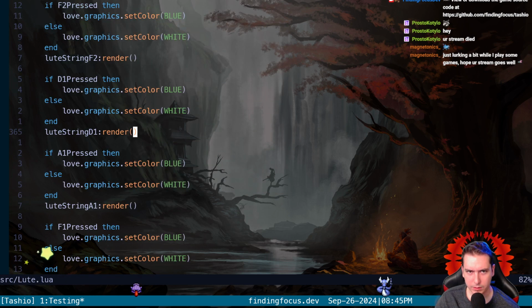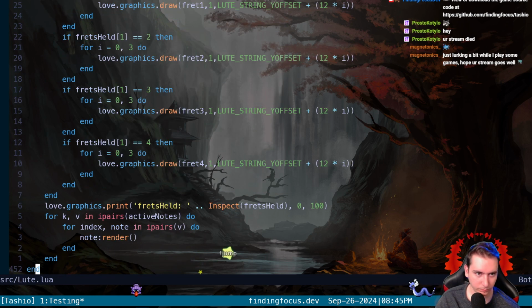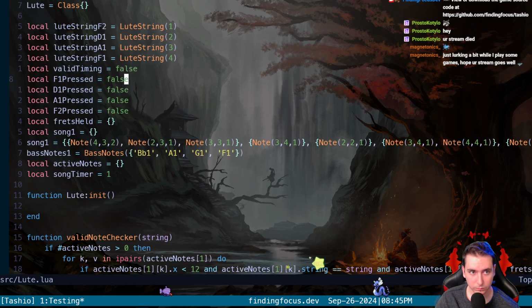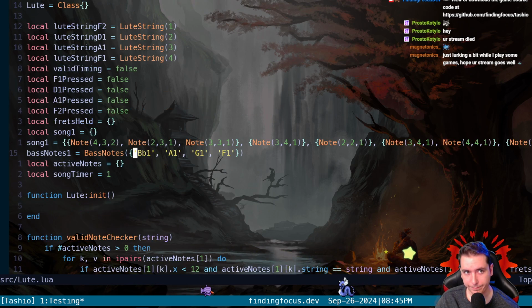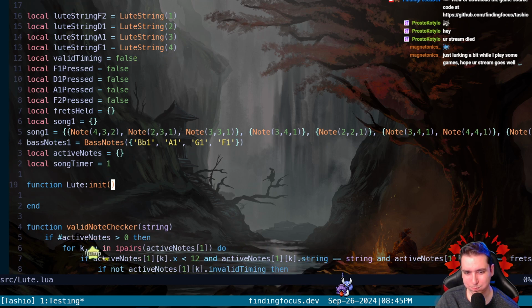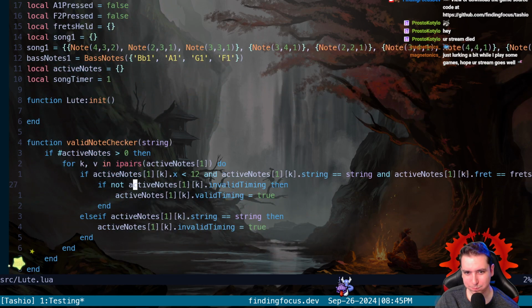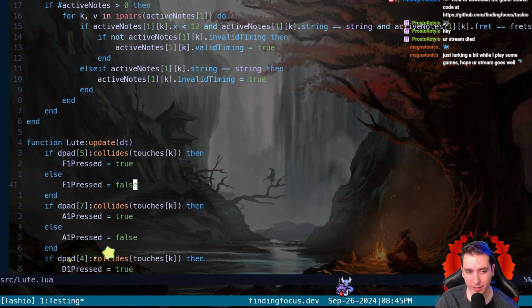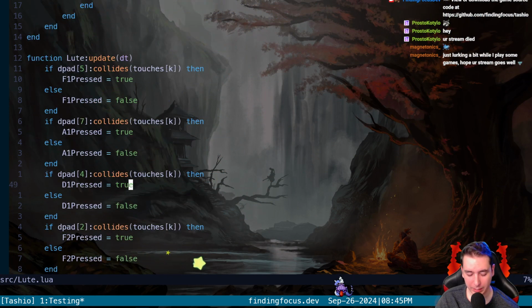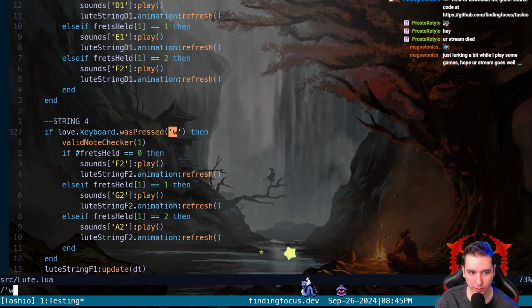It's just that we don't get the frets, we don't get the notes, we don't get anything scrolling. There's so much we touched, I don't even know where to begin to fix this, man.